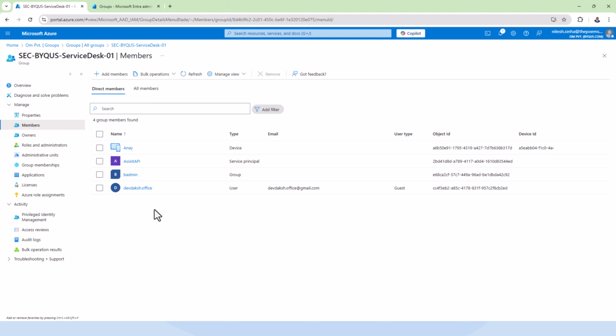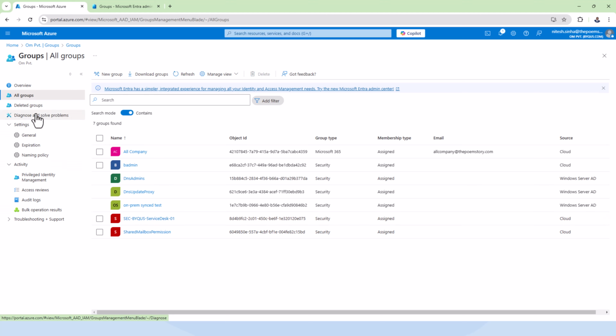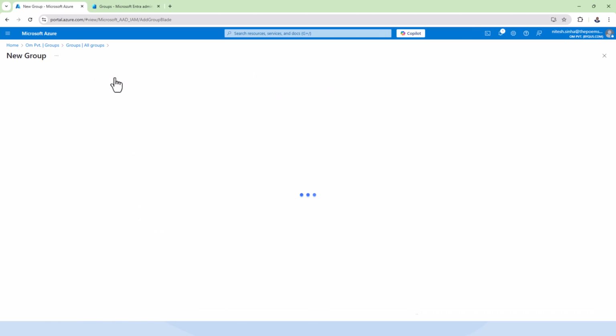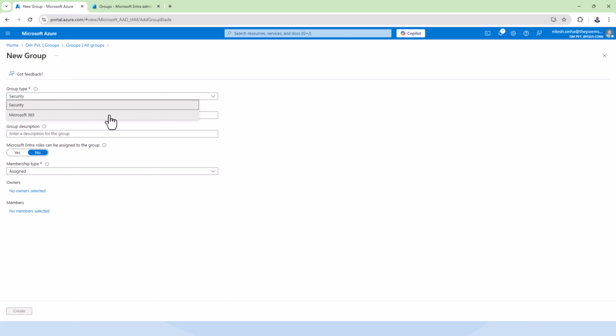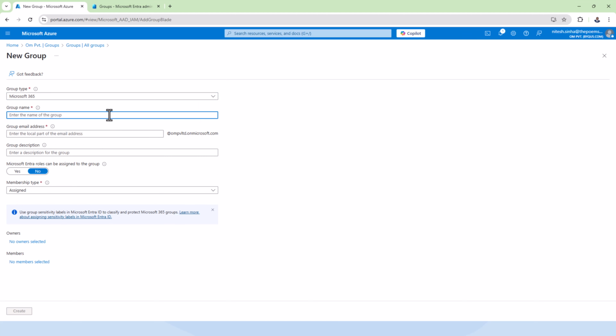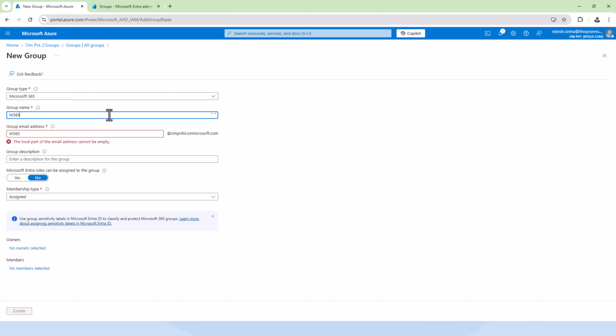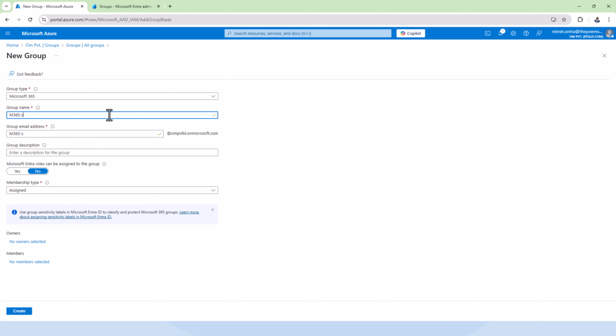Now the second group that we talked about is Office 365 group. So we will talk about mail enabled groups as well, but wait for that. And groups, all groups, again, you go to overview, you get an option, you go to all groups, you get an option, right? So we will go to new group, and this time we will create Microsoft 365 group. Name of the group is M365. We will use this naming convention, M365, same service desk 01,